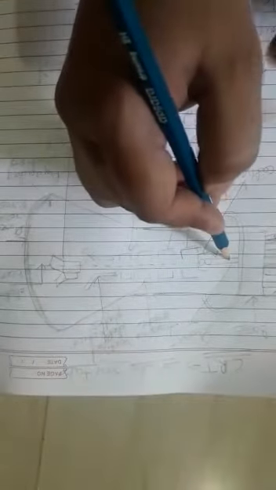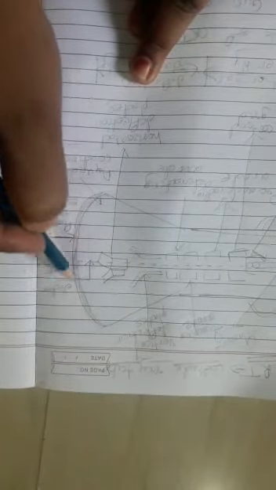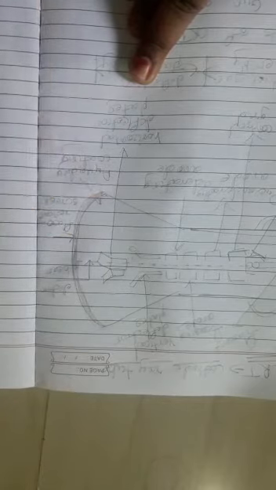This is the accelerating anode. After that the focusing anode, after that the pre-accelerating anode, then the cathode. This is nothing but the filament which is used in CRT. Then again, see this: this is the base, and these are the pins. Here, see this, this is the screen of CRT, which is very important.